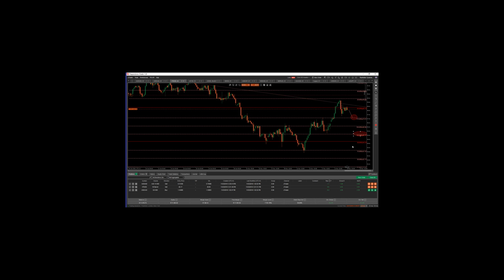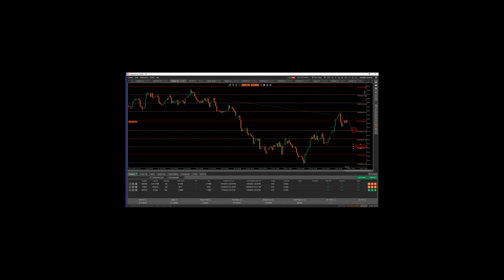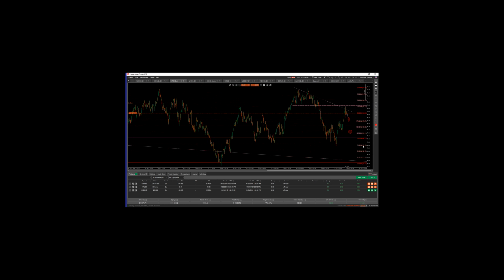My long-term target area is 40. Big picture, 40. Down here, the 37. So if we start breaking this level, and especially if these two levels here are broken, especially this one here, then the chances of a head and shoulders forming short-term on a 4-hour chart, the risk of them happening, disappears.